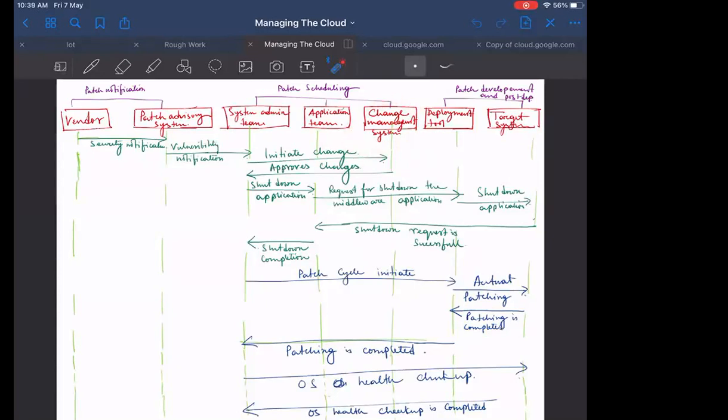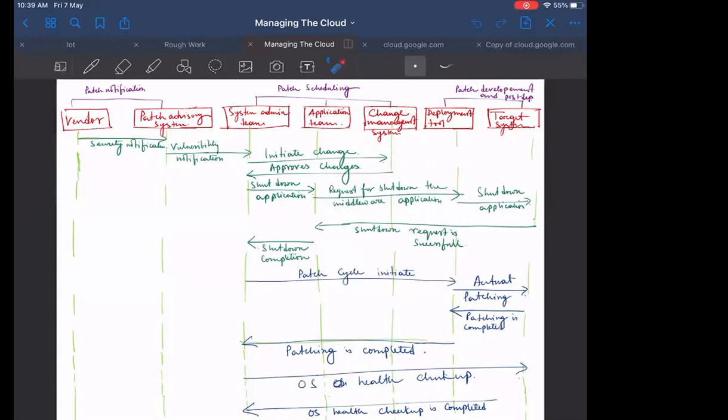Now, who is taking care of the middleware application patch management? That is the deployment tool. So if the application team approves and the deployment tool approves, then the entire patch management, including the front-end application, as well as the back-end application, as well as the middleware application, all those patches will be done in the target system. So this is the basic functionality.